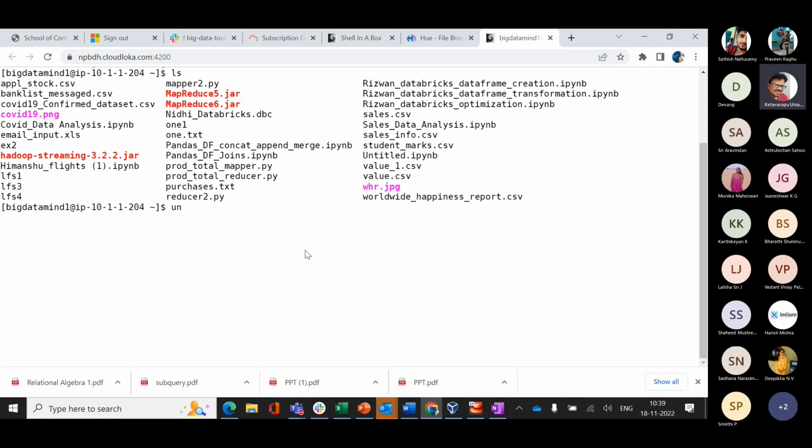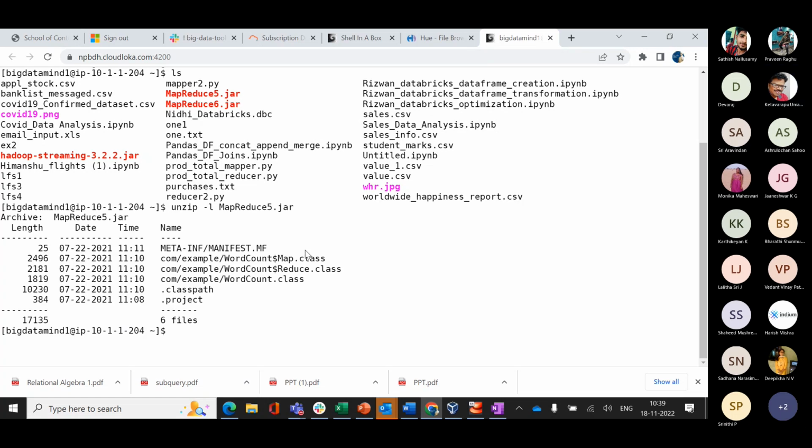For that, I use a command called unzip -l, and give MapReduce5.jar. Simple. Now you see, automatically it gives some metadata information. That metadata is our requirement: this is the map class, this is the reduce class, this is the actual word count class, and that class is again mentioned in the form.example,